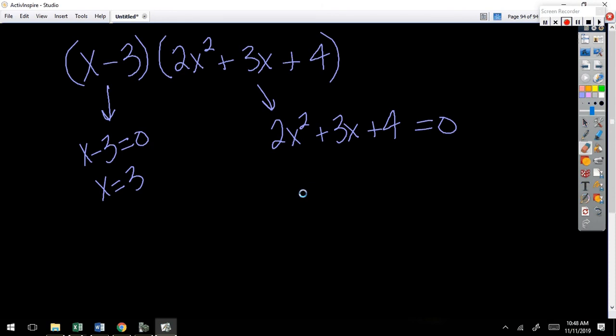All right, if I solve this by completing the square, I have to get rid of my leading coefficient, right? So I have x squared plus 3 over 2x plus 2. I just divided both sides by 2, essentially, is what I did. Okay? So now I need to know, does this make a perfect square trinomial or not? And it does not, right? So I'm going to move it to the other side.